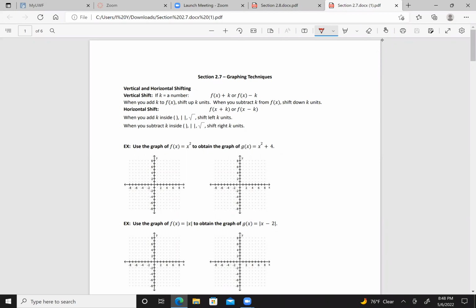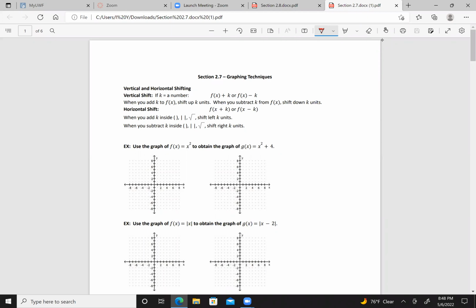Okay? Horizontal shift, f of x plus k or f of x minus k. When you add k inside your parentheses, absolute value, or your root, you shift left k units. And when you subtract k inside parentheses, absolute value, or a root, you shift right k units. So that gets kind of backwards. So let's start with